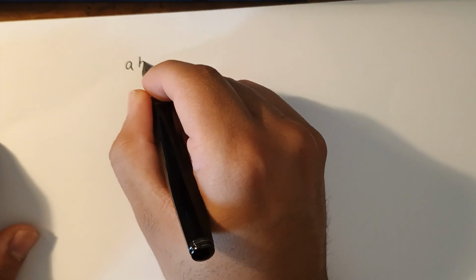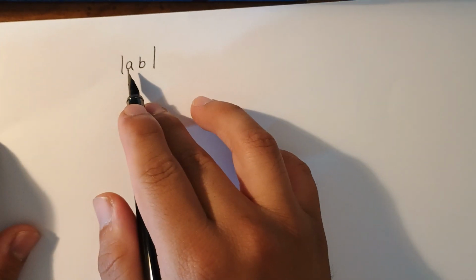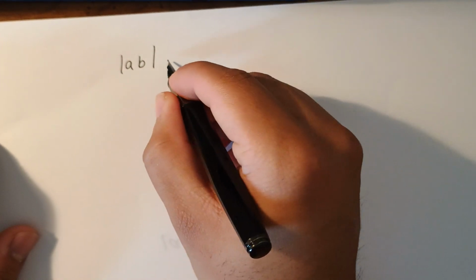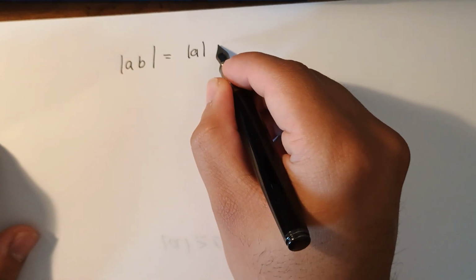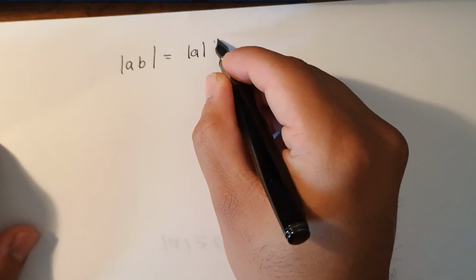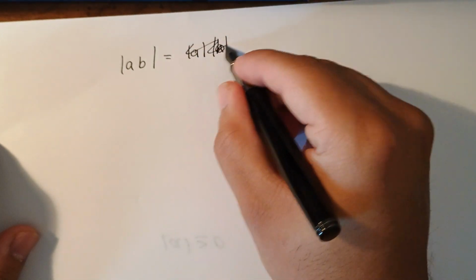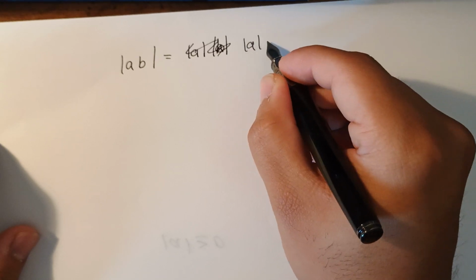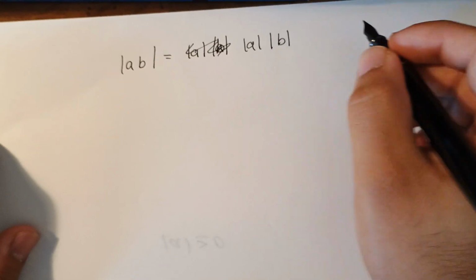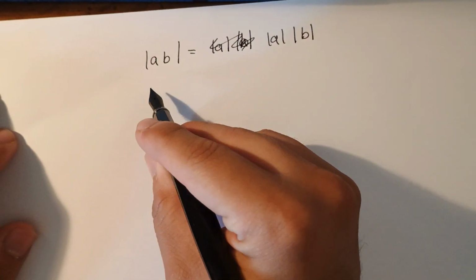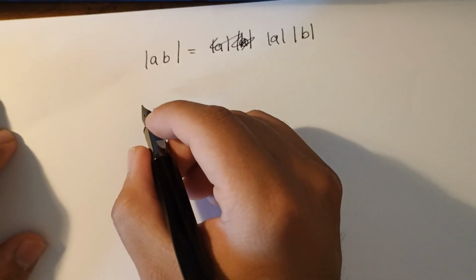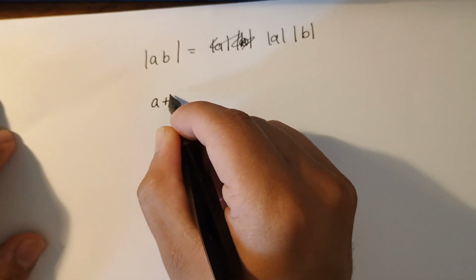The second property I'm going to be talking about is if you have two numbers multiplied, right? This means multiplication of A and B. You can split it apart if you want, and just take the absolute values of each separately. I don't know why I wrote another A there. Maybe rewrite that real quick. Right. You can just split them up and do them separately if it makes it easier in whatever case you're in. And if you have something like this,